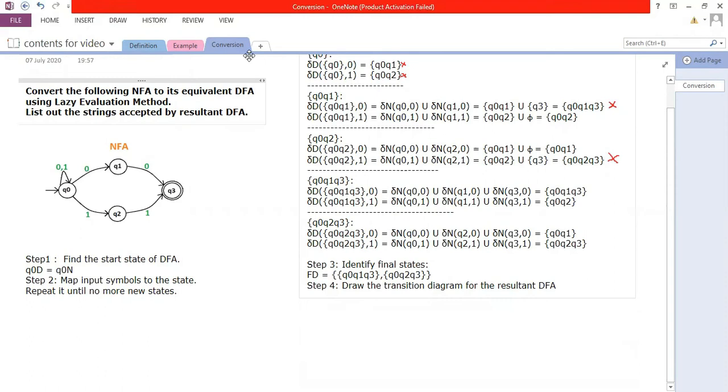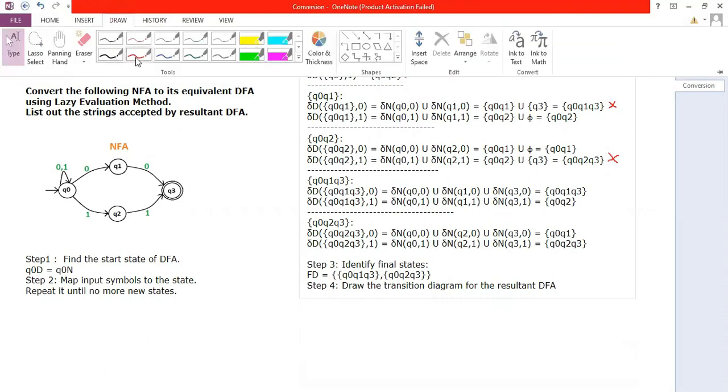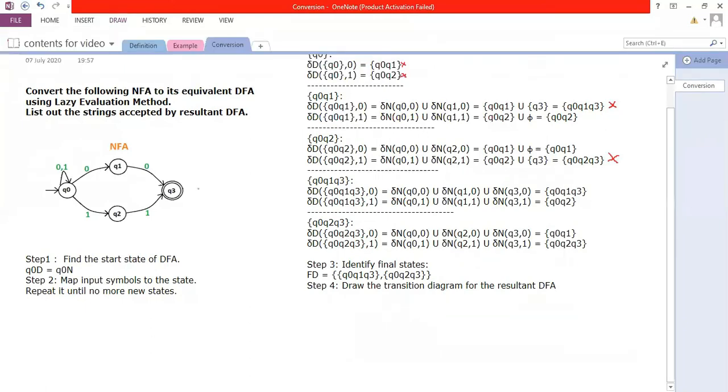I may be drawing in a bit of a haphazard way, and writing in a clumsy way also, so don't mind that. So what is the initial state? Initial state is